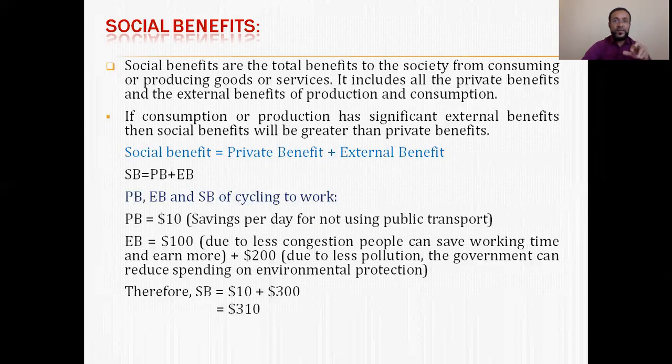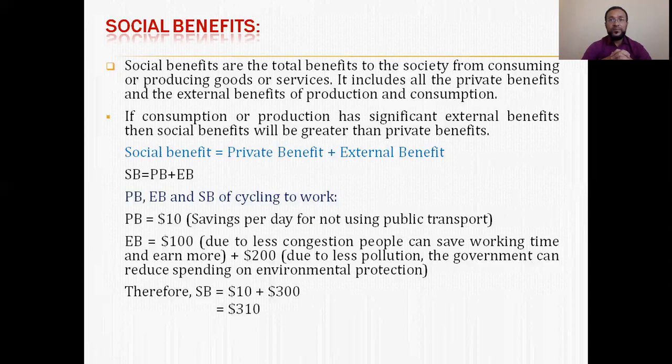Now, what is the external benefit from his cycling? So external benefit is, for example, $100. Due to less congestion, people can save working time and earn more. So if people use bicycles to go to their work, it will reduce the congestion, and they can save their working hours and they can work more and earn more. So this is their external benefit. To make it easy, we took the example